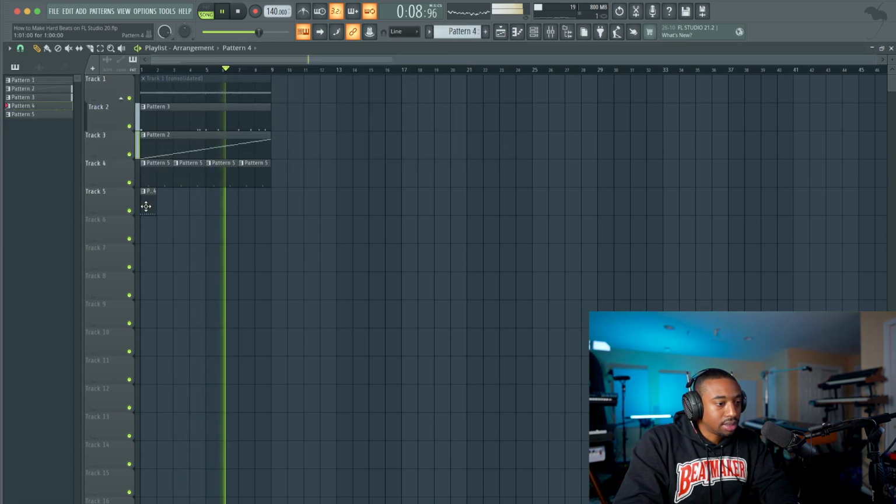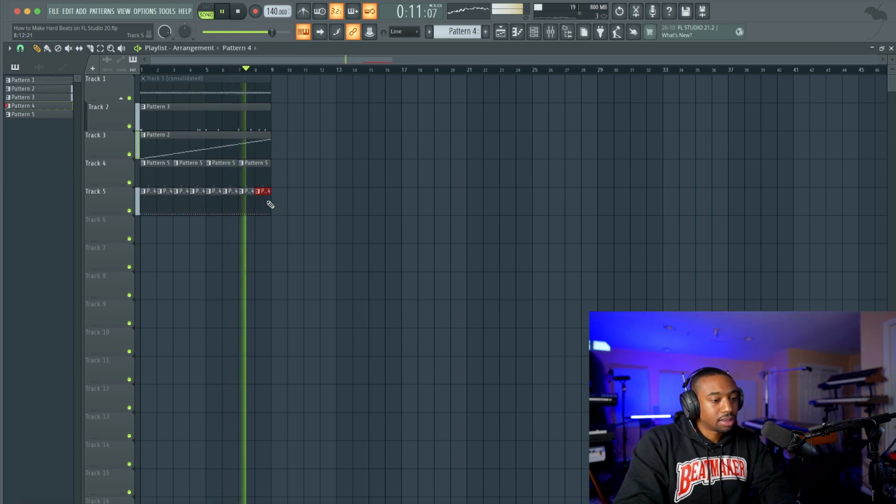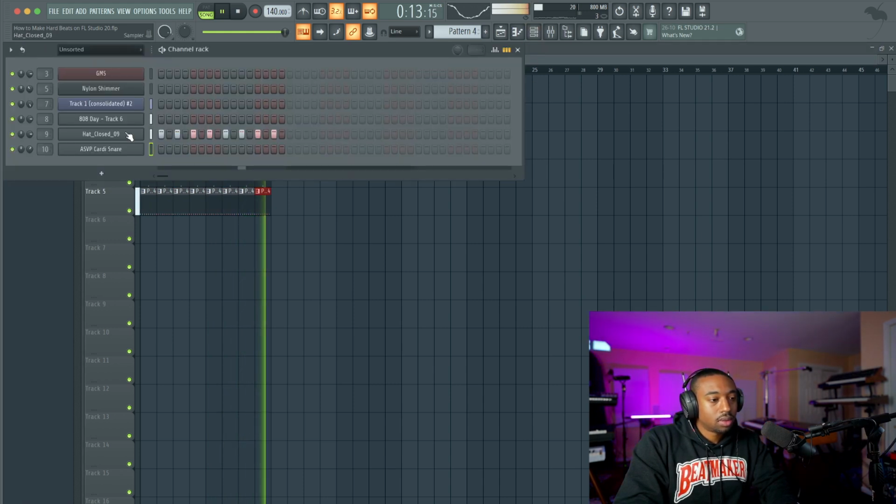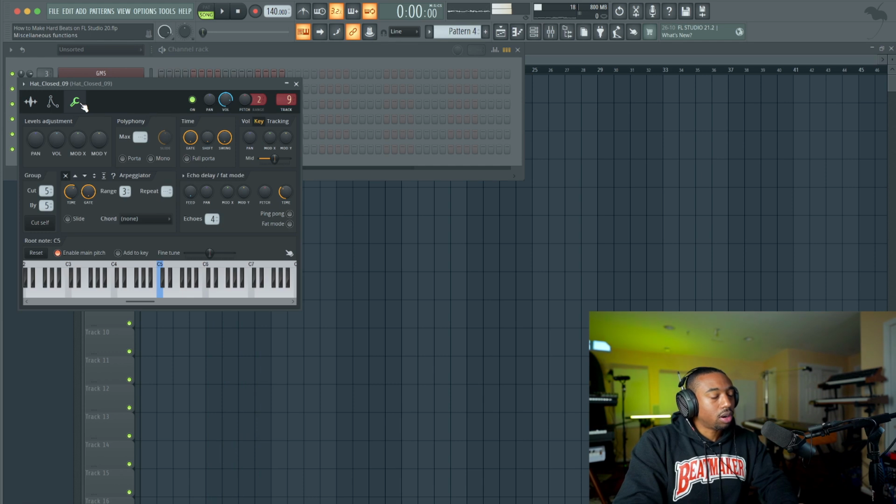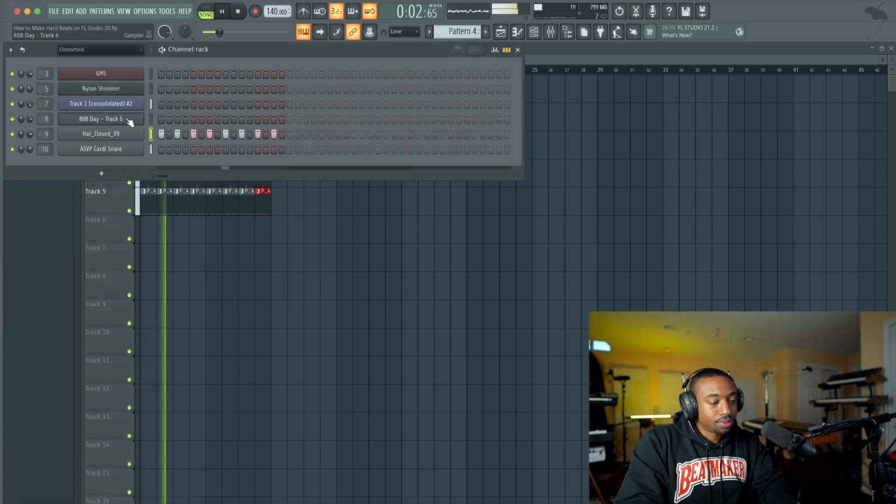Let's add some hi-hats in here. Hit Control B, latch paste. Now if you want your beat to sound hard, add little time differences. So right here, go to your wrench tool, turn up time shift on the hi-hats so it's not so on the grid. Not a hard rule.